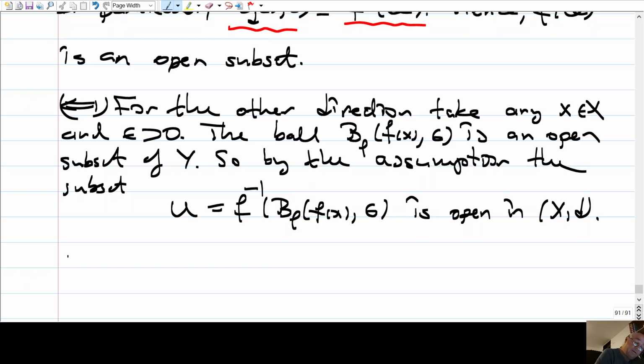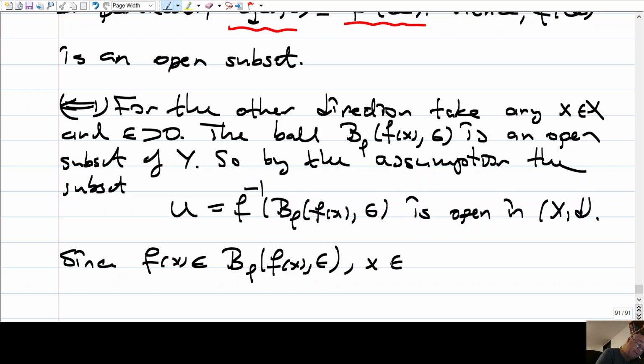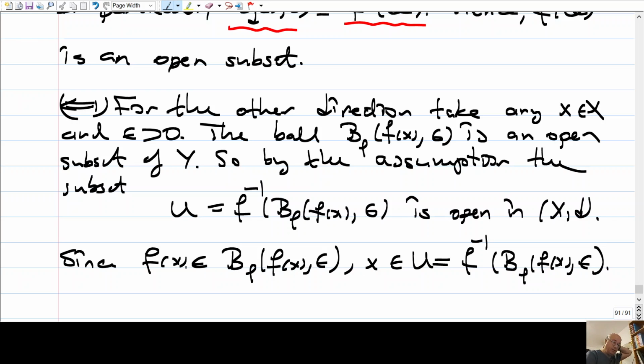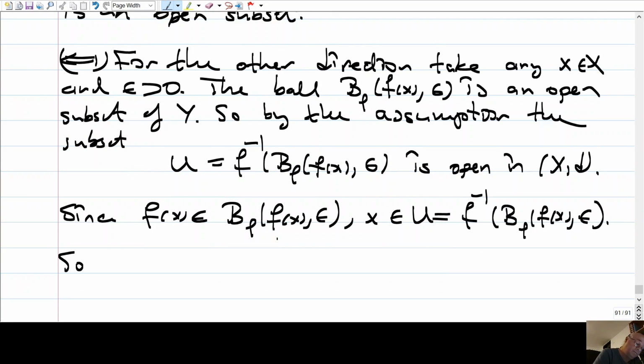Clearly, since f of x is in this ball because it is the center of this ball, right? x is in the inverse image. Clearly, f of x is here, therefore this x is in the inverse image. But I know that this is an open set, right? By the assumption, and I have a point in the open set. So finally,